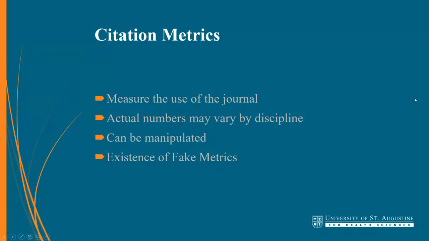One of the biggest things that people consult is citation metrics, and there's any number of these. Sometimes they're referred to as bibliometrics or citation metrics, but basically they're a pretty good attempt at measuring how much impact a journal has in terms of how often the articles in that journal are being cited. So that's the basic definition of what we're talking about. But things get a little tricky because of different practices within different fields. The number for a given impact measure may vary depending on the field that you're looking at.